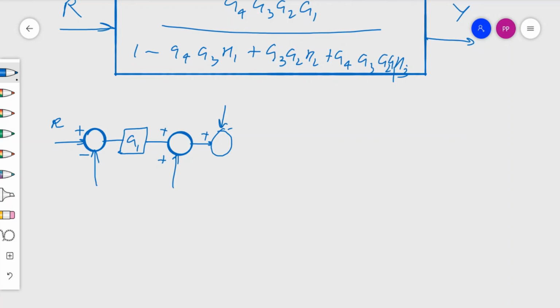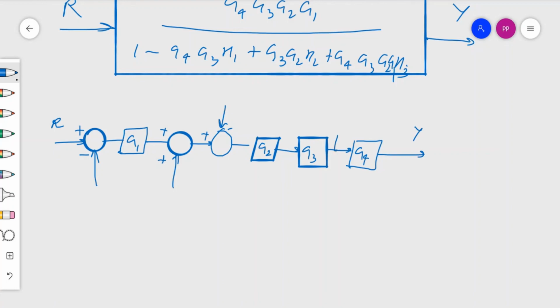Then the output is going to a block whose gain is G2, its output is going to another block whose gain is G3, its output is going to another block whose gain is G4, and then comes the output Y,